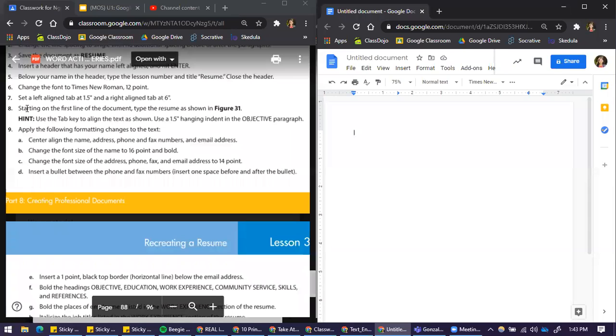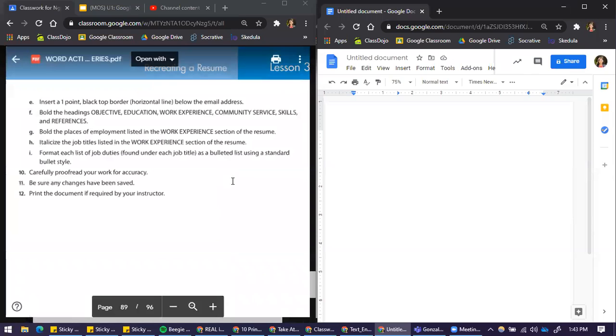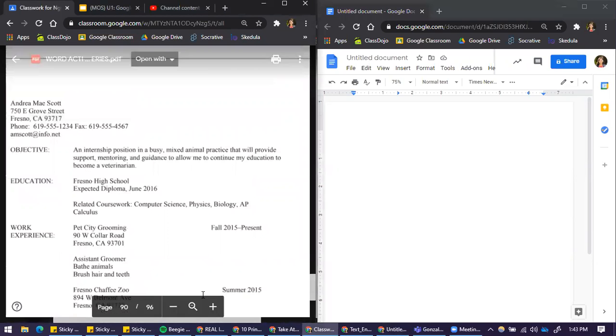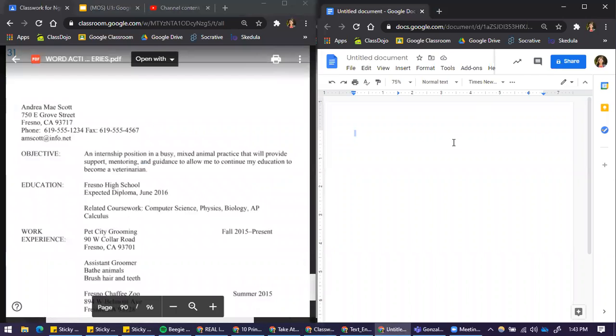Now step 8 says they want you to start on the first line of the document and type the resume as shown on figure 31. So I have to go through to here, and then I'm going to type this exactly as it is. I'm going to type Andrea May Scott. You could put your own information here, that's fine. If you want to do your resume, you could type in your information. I'm just doing what it says on this worksheet. Fresno, California,